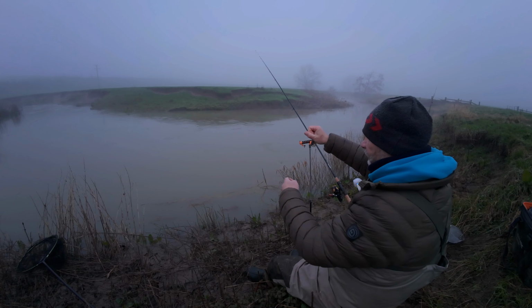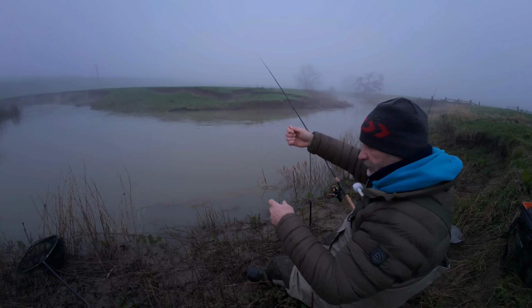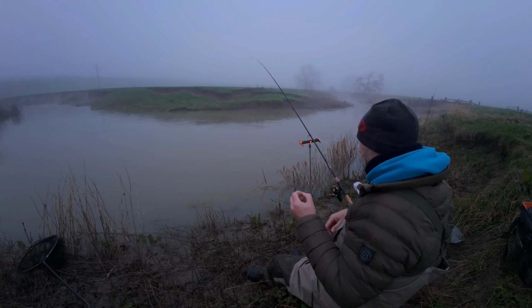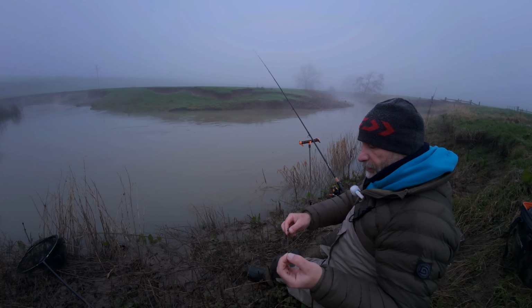Want a nice short hook link, or effective length between feeder and bait, because we're fishing in a slack over there. This is my standard running ledger rig. It's very adjustable. I'll link you into a video I made of how to tie this up. I'll link you in up there so you can go and have a look